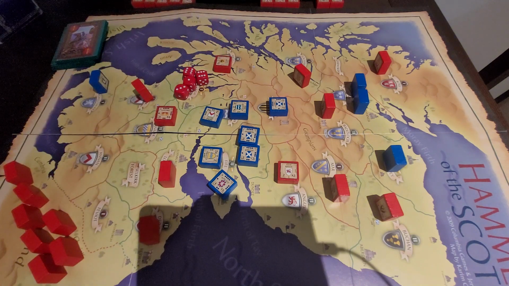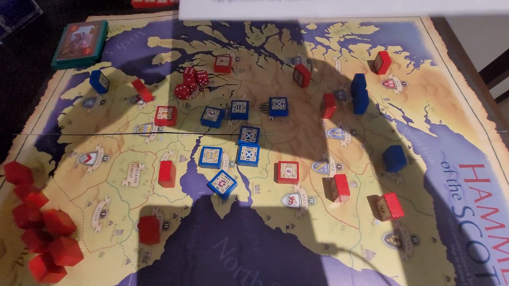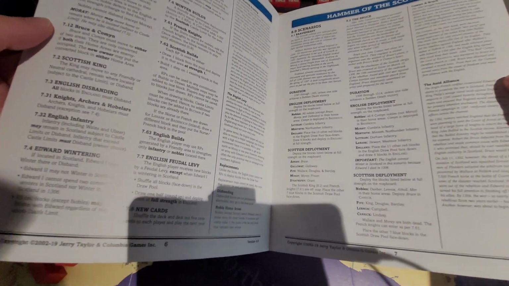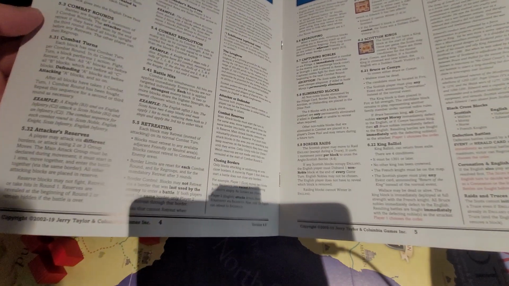The other one is the rule book. The rule book is fine. It's nothing to write home about. It's fine. I would have liked to see potentially a rule book with 2 more pages and showing some playing